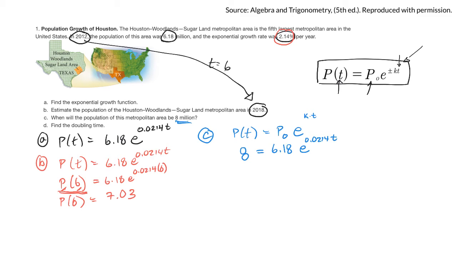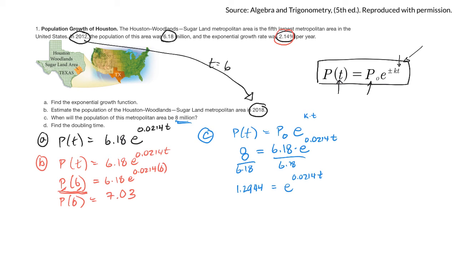So to solve for that, I'll need to divide both sides by 6.18. Okay, maybe I'll do that on my calculator. 8 divided by 6.18. Okay, 1.29, call it. Maybe I'll put some other numbers after that. Is equal to e to the